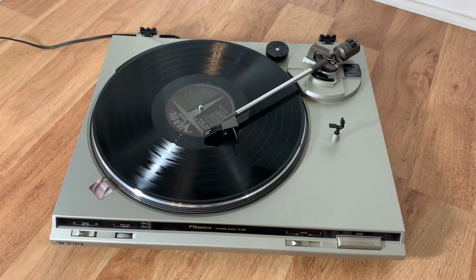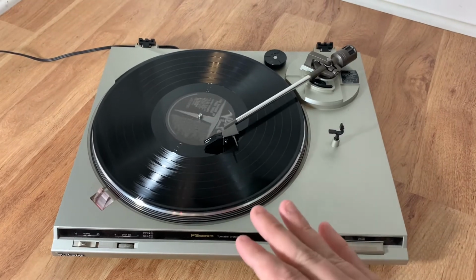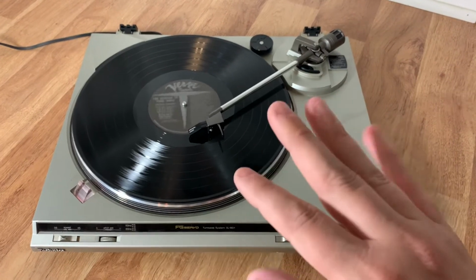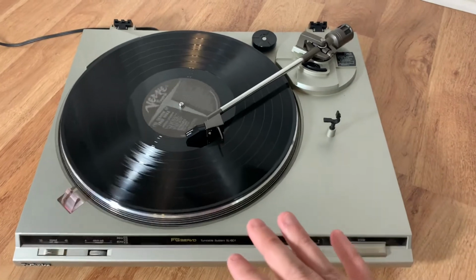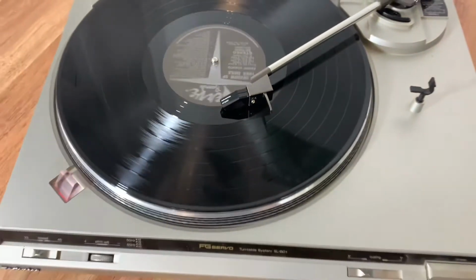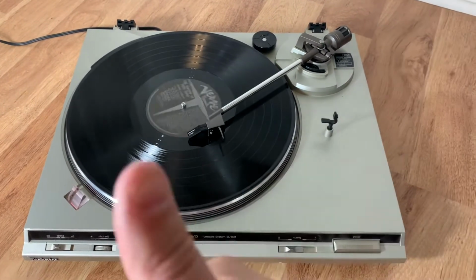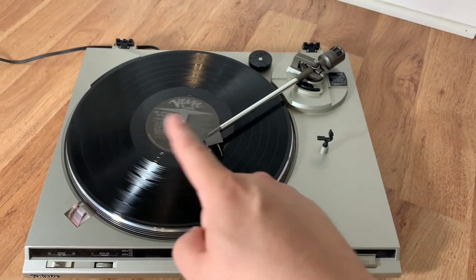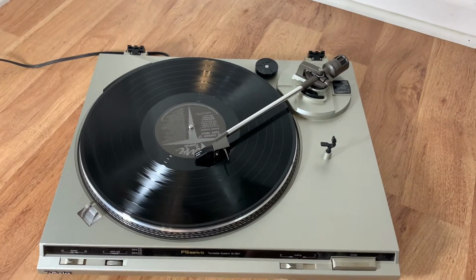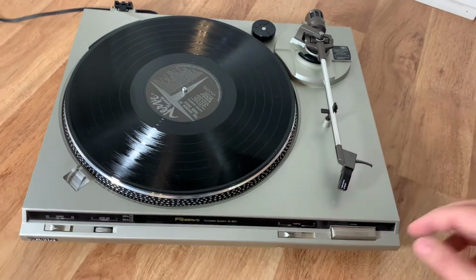So I think it's kind of ironic to have a beginner's turntable that at least doesn't have an auto shut off function. Now, it doesn't have to have the manual return. I know a lot of people don't like that automatic function because it can degrade sound, right? But I would think on a beginner's turntable, you would at least want this to stop when it gets to the end of the record, because basically somebody's going to get up and leave. You're going to boop, get out, and that's just going to sit there and run and run and run until they're in the other room and they go, oh man, I forgot to power off the turntable. Again, it's not the biggest complaint in the world, but I think it's something worth pointing out on this model,